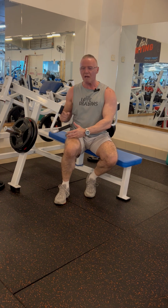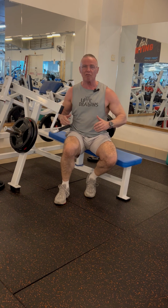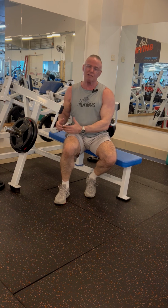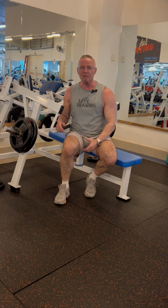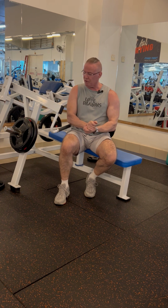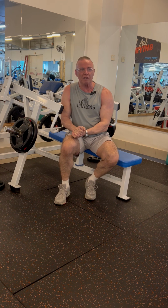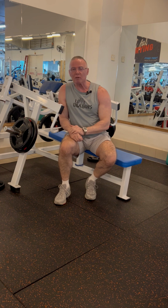But so long as the bottom of the leg hits the ground and it releases the tension off the muscle, you don't need to add plates in underneath that. It's just something that you see maybe on Instagram and you think it's supposed to be there. Anyway, that's how to use the dead stop bench press. Very useful if you are benching on your own and you're nervous about getting stuck under the bar and you don't have a spotter. But also it's got a specific use, which is to help you to engage more pec muscle. It's very similar to dumbbell bench pressing on the ground, which again I didn't quite